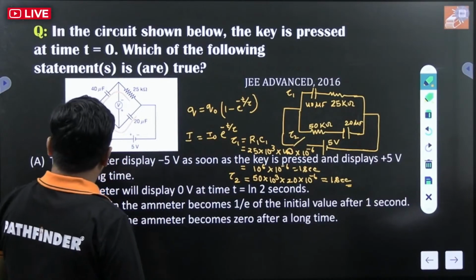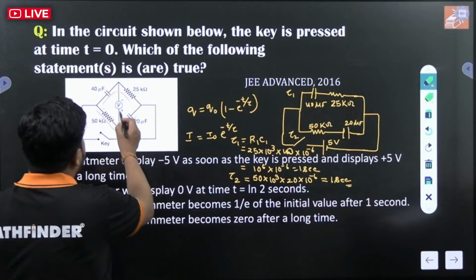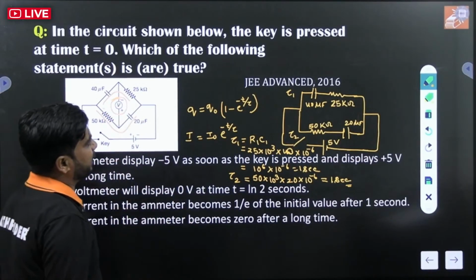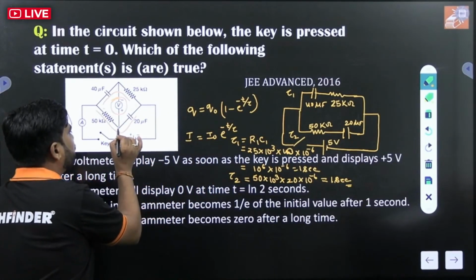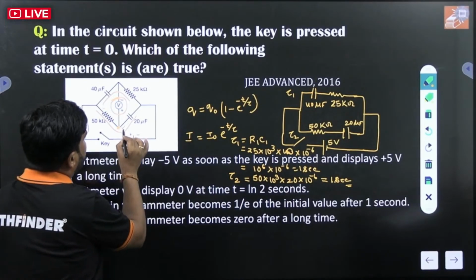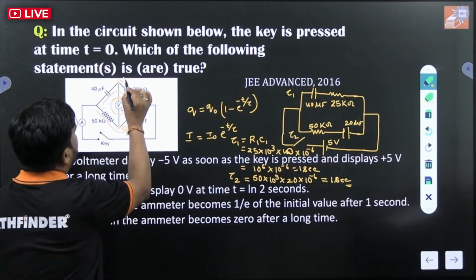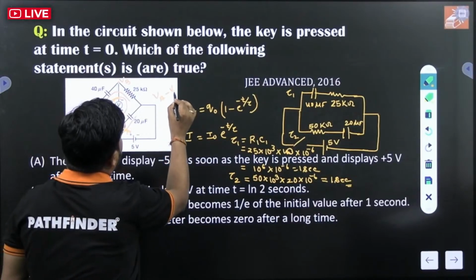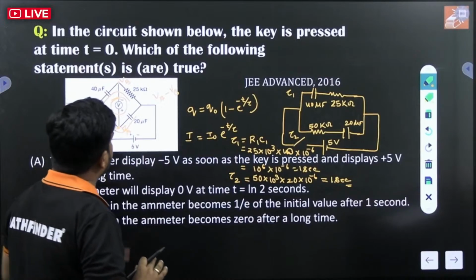द क्वेश्चन इज: द वोल्ट मीटर डिस्प्लेस -5 वोल्ट एज सून एज द की इज प्रेस्ड। अच्छा, ये बैटरी का भी एक सिग्निफिकेंस है, सॉरी, वोल्ट मीटर का भी एक सिग्निफिकेंस है। क्या सिग्निफिकेंस है ये प्लस और माइनस का? कि ये हमेशा जो मेजर करेगा, अगर इसका पोटेंशियल मैंने VA लिख दिया और इसका पोटेंशियल अगर मैंने सपोज VB लिख दिया, तो ये हमेशा क्या मेजर करेगा? VA माइनस VB मेजर करेगा, ठीक है। ये प्लस और माइनस साइन का ये सिग्निफिकेंस है, इट विल ऑलवेज मेजर VA माइनस VB, ठीक है।